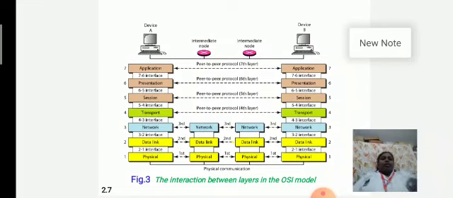Okay, so in one single step, that is to transfer the information from A to B, A having